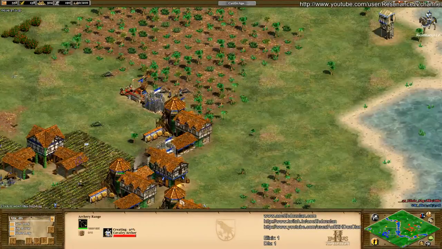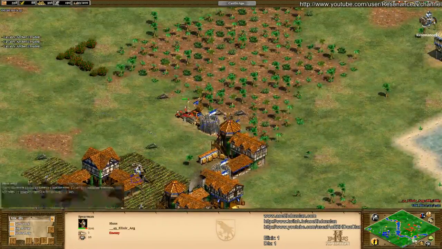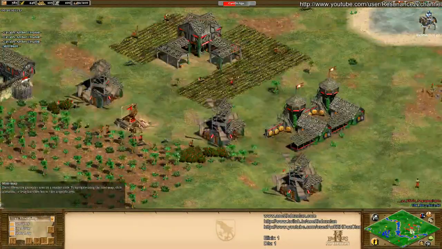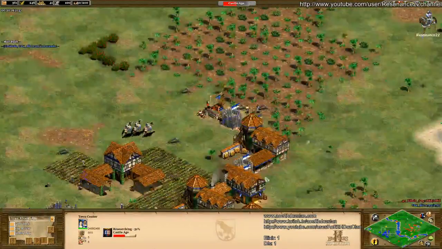Let's see, we got the cav archers coming. Cav archers are coming. They only have fletching right now. These spearmen are as good as dead. And now, the ball is in Elixir's court. Oh, he has already advanced to the Castle Age. Well, he's advancing right now, so...